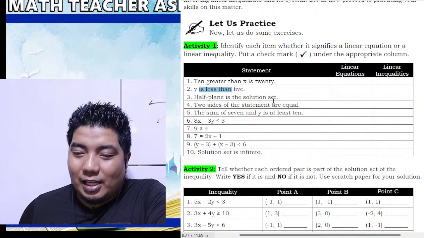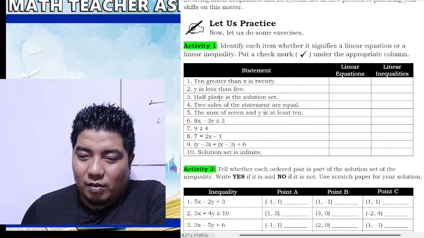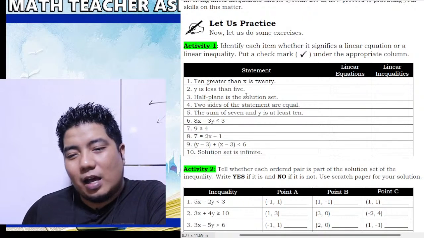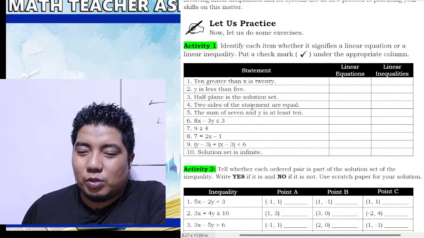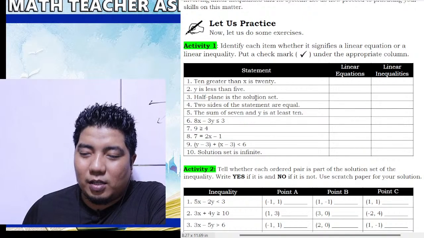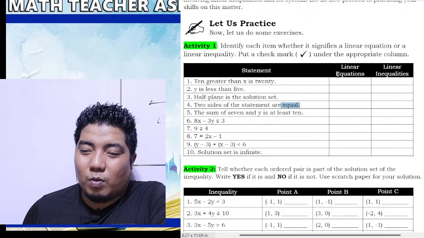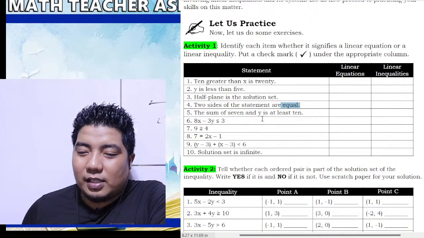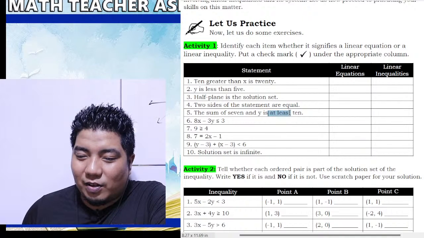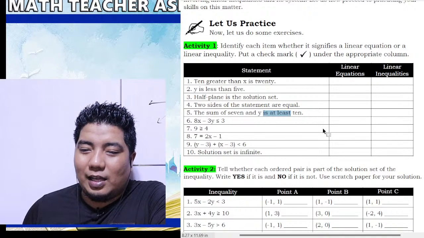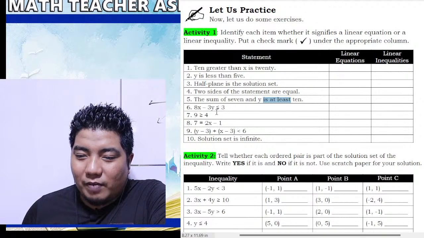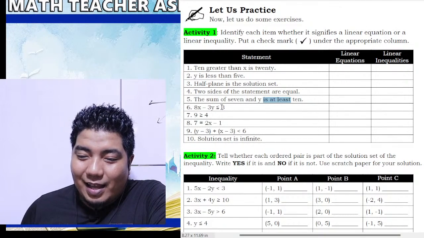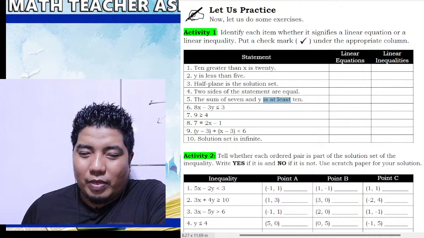Half plane is the solution set. Okay, half plane. So, ibig sabihin yung shaded region ito. Inequalities yan. Two sides of the statements are equal. In equal, from the word equal, of course, equation yan. The sum of is at least. Okay, because of that word, that is inequality. Then we also have here 8x minus 3y is less than or equal to 3, then that means,